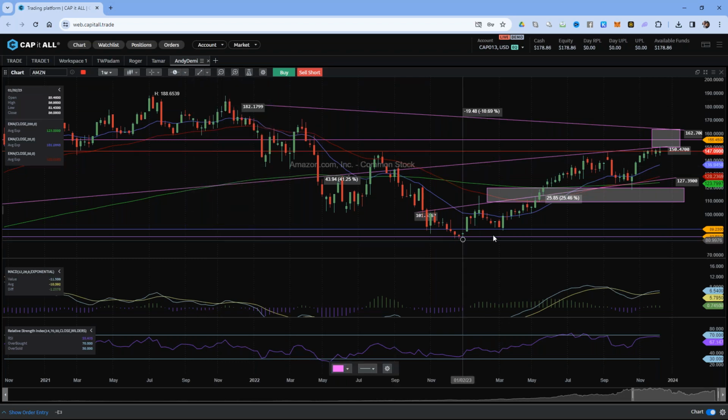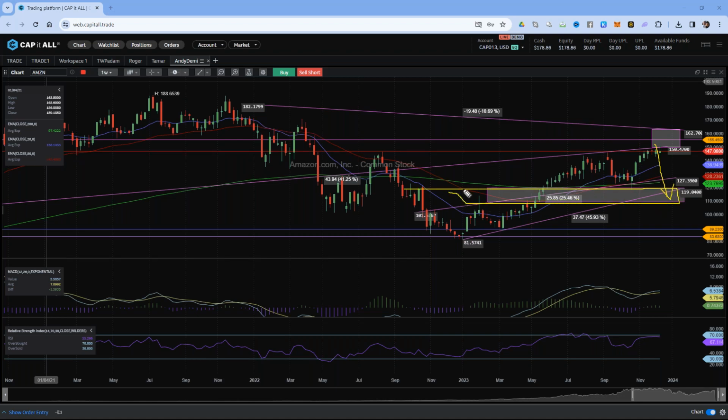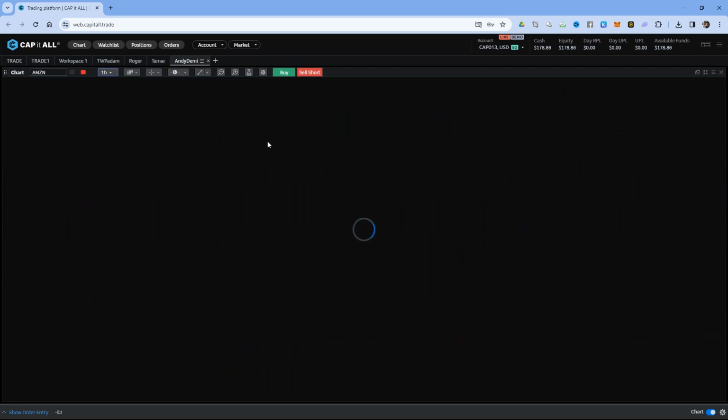So if we take the channel line there, so this support line here, that looks to me like a really nice target to go for right there. Okay, nice horizontal level as well. I think this area here looks like a decent area. Okay, so that again is about that sort of 119, 120 area. That could be quite interesting to consider. And let's have a little look at the lower time frame and see if there's any opportunity to actually potentially sell this as well. So if we go to the 1 hour time frame,